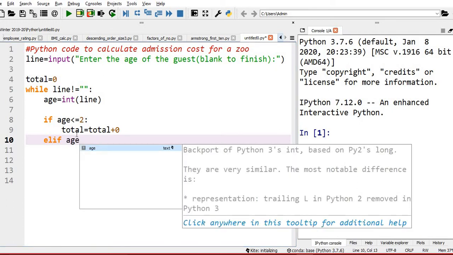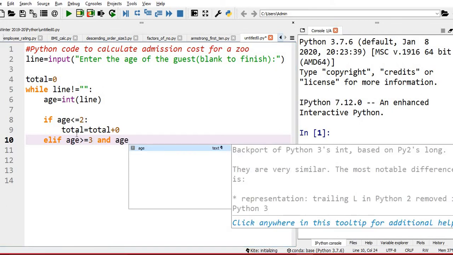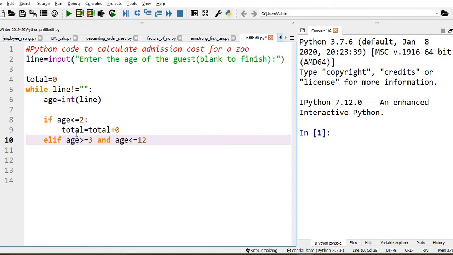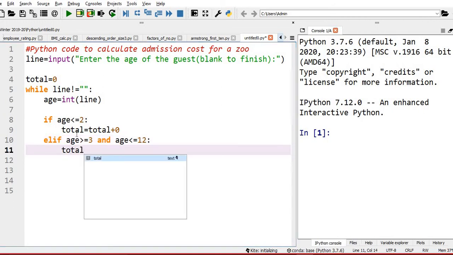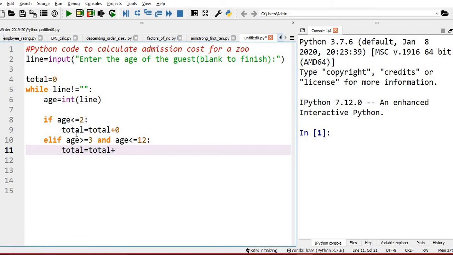Then elif age greater than or equal to 3 and age less than or equal to 12, total is equal to total plus $14.